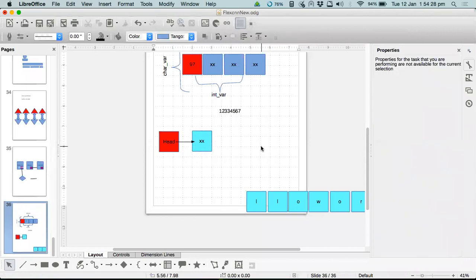Yes, no, guys. These first 2 steps. Head was here at the beginning, then you created a new XX, and then in the else part, you made head.link point to this XX. Now let's come to the third iteration.